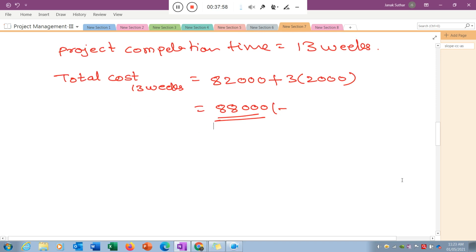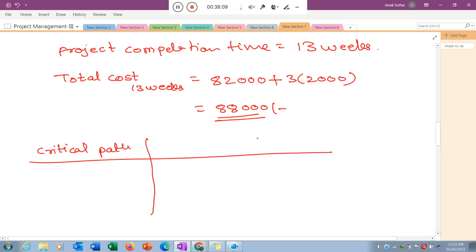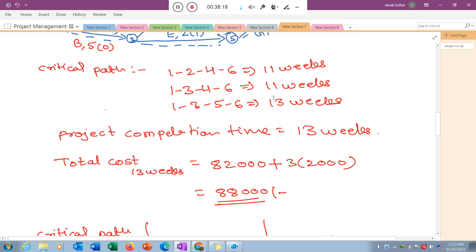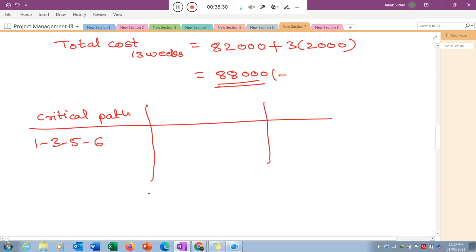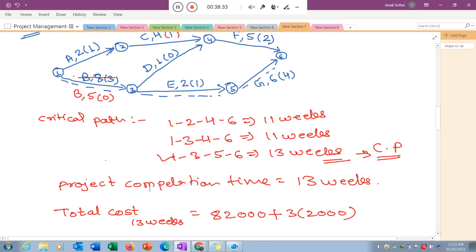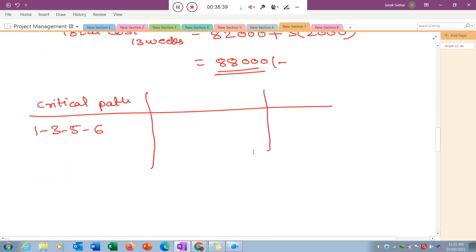So what is the critical path available in our second iteration? The same critical path will be there. So the critical path is the same, we know that. I can write down here 1356 is our critical path in the second network, as we just calculated. And what are the related activities? 1356 means the activities B, E and G. So just write down here B, E, G.